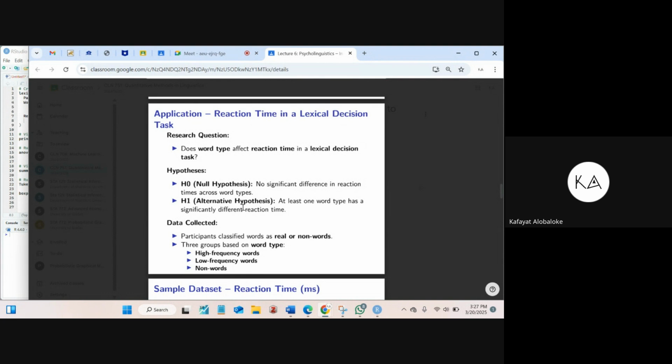It is good to set a hypothesis even if it is not written down. We all know that the null hypothesis tells us that no significant